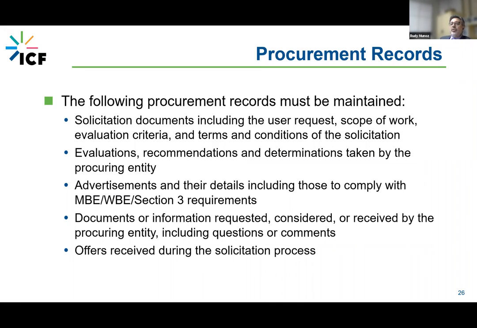These would include the solicitation documents that you used in the procurement process. This would include the user request, the scope of work, any evaluation criteria, and the terms and conditions for that solicitation. It should include documents or records that show your evaluation, your recommendations, and your determinations of the bids that you received,